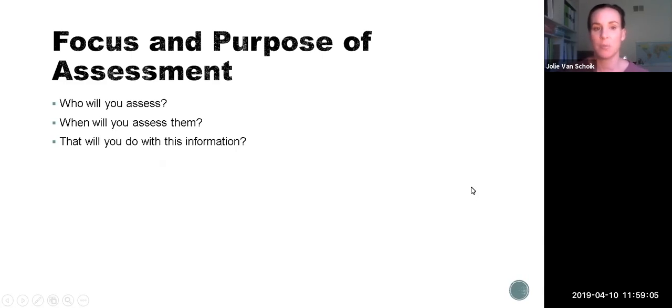What's the focus and purpose of assessment? You need to decide who you're going to assess. When are you going to assess them? Is it going to be ongoing? Is it monthly, weekly, all of the time, quarterly? And then what do you do with this information? Because once again, you're looking at data and information, and you're looking at the knowledge and ability of your staff